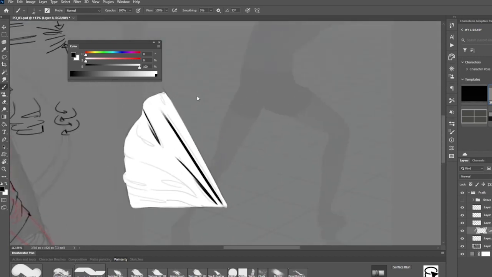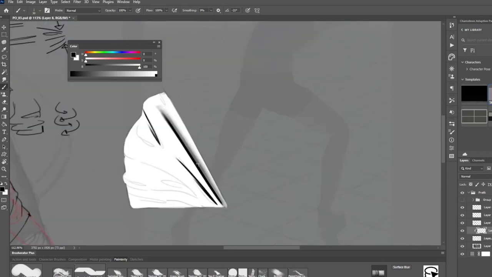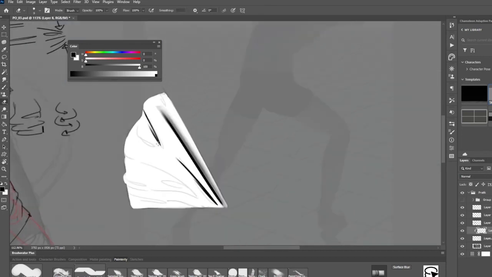Then what we can do is maybe rotate the brush slightly. Right, then we can just go with a softer edge. You see that is automatically creating that kind of a 3D feel for the fabric. Then all we have to do is maybe take a smudge tool or something, and when we have too much of a hard edge, we can just